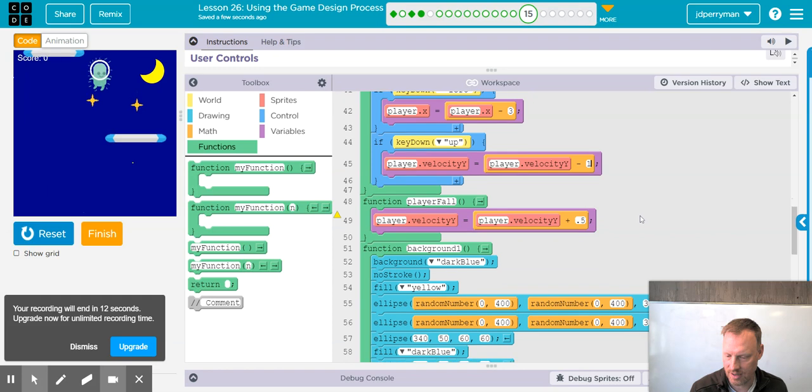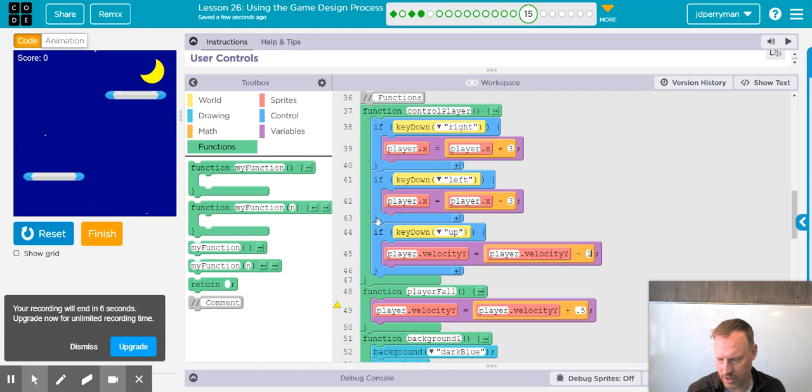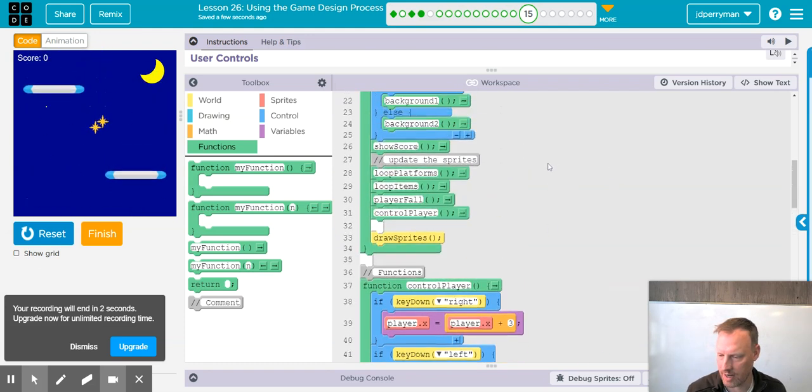So take a look. This is my control player function. Looks just like this. And you can adjust these to make it stronger or not. And then I called it